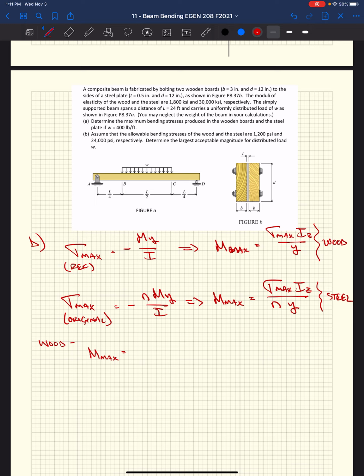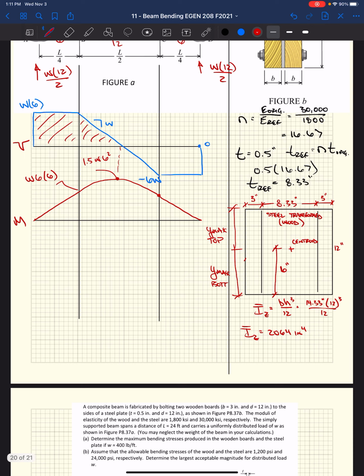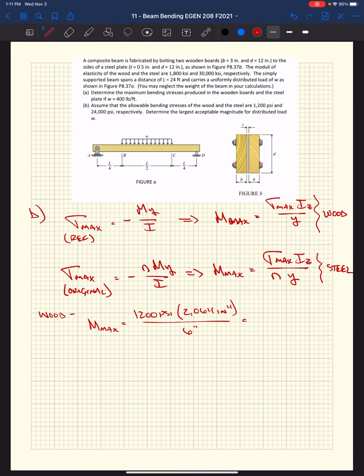our maximum allowed moment is 1200 psi times our moment of inertia, which is 2064 inches to the fourth, all over Y being 6 inches. Y would be our maximum distance; in this case the centroid's at the center, so it would be the top or the bottom. And we get a maximum moment of 412,800 pound-inches. If we look at the steel,